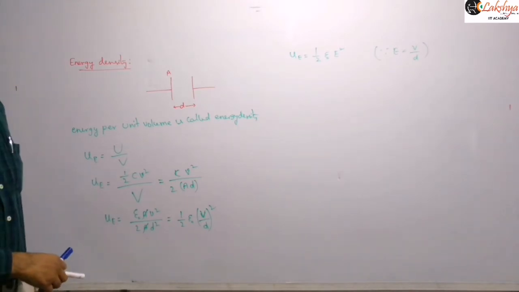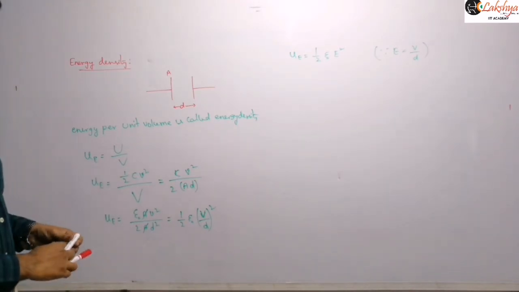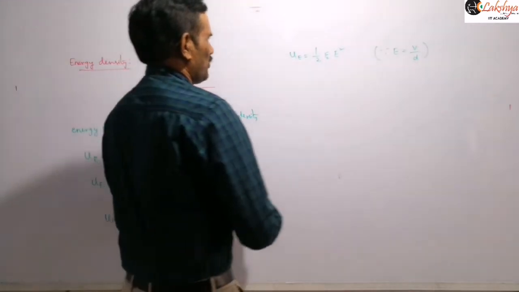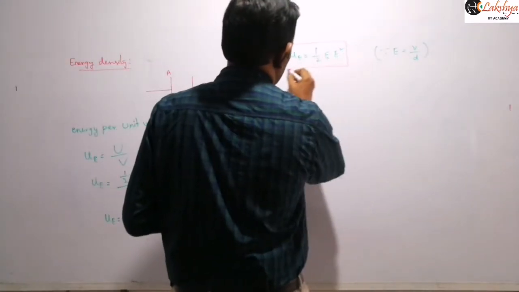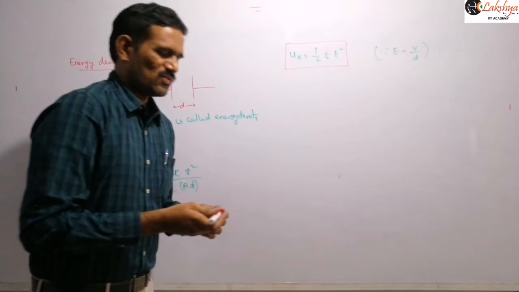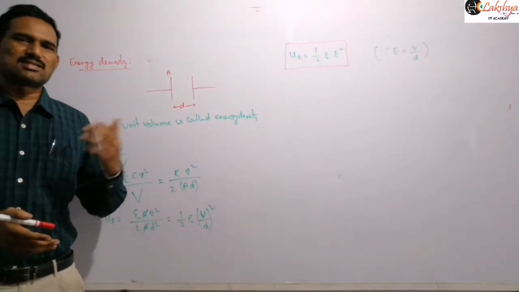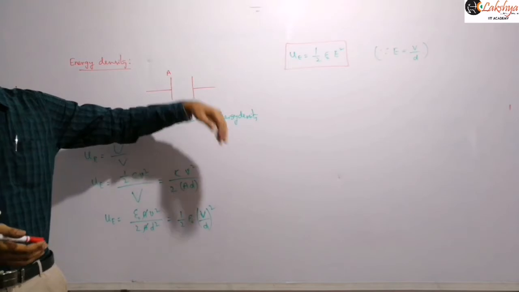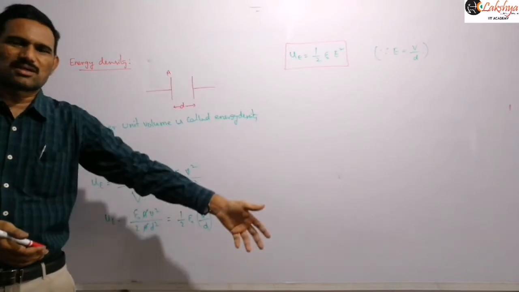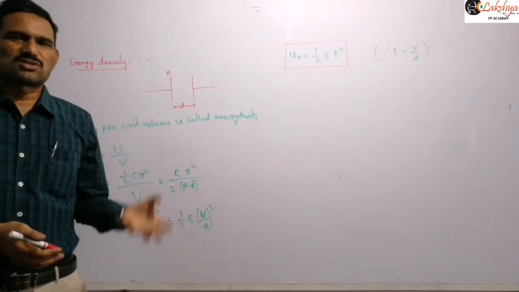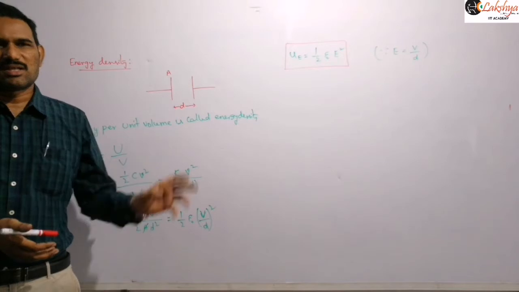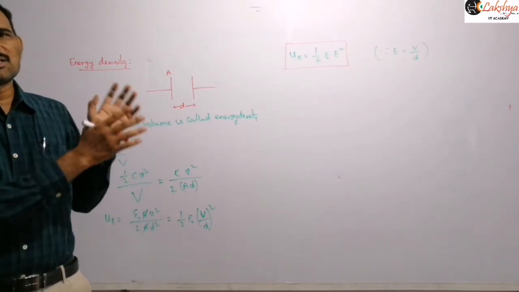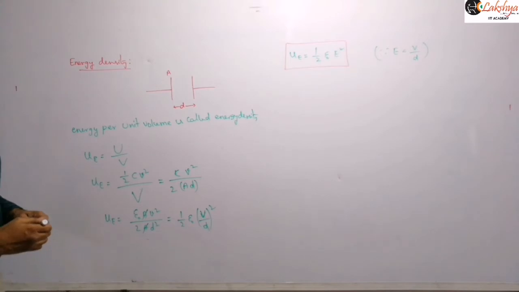In Gauss law also, the electric field energy density we mentioned by using the same formula only, half epsilon naught into E square. So here also we are getting the same. That means whenever an electric field is there, we can apply that formula for the energy density, whatever it may be. It may be a capacitor or any other thing, or some charge distribution, a charged sphere. Whatever the source of electric field, we can definitely use that formula for the energy density.